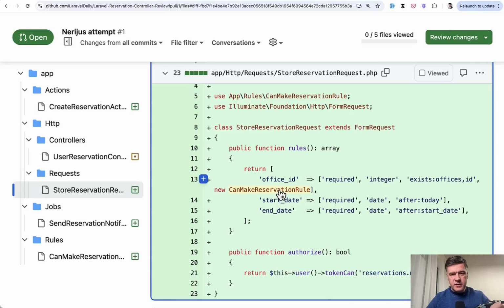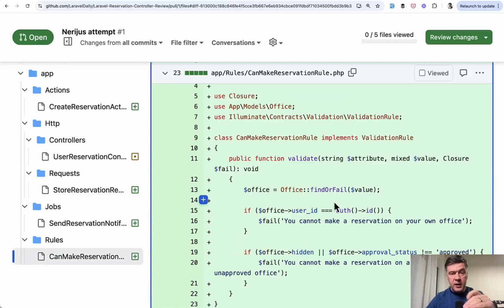The downside of this approach, in my opinion, I don't want to criticize anyone, I'm just reviewing the code, trying to comment on pros and cons, is that we're querying office 3 times. So first, exists offices already goes to the database. Then inside of the validation rule, we're doing find or fail again. And by the way, find or fail, I'm not sure how it would react in case of fail inside of the validation rule. By default, it should throw a 404 page,